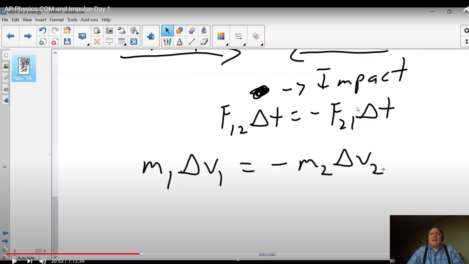Okay, so what he's saying here is that this is Newton's third law, equal and opposite. So that's why this negative sign is going to come down here. So there's an additional negative sign. So far we have two negative signs in the problem. Okay. So after the impact,